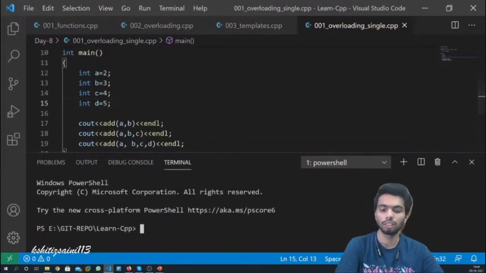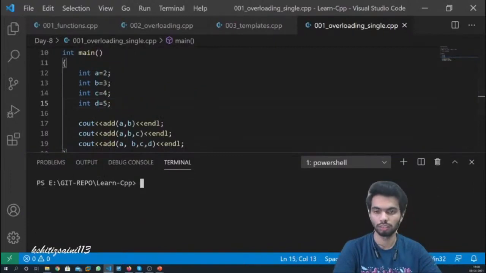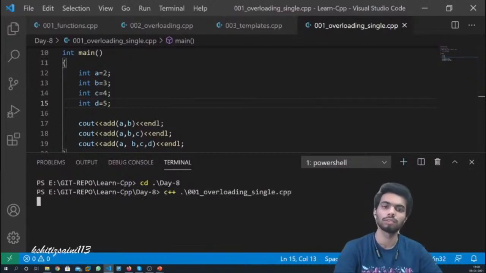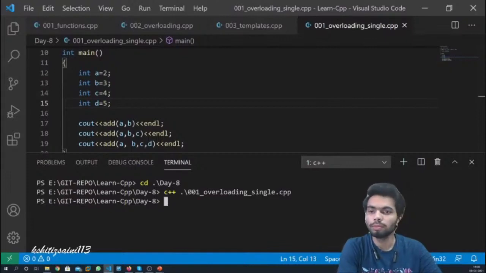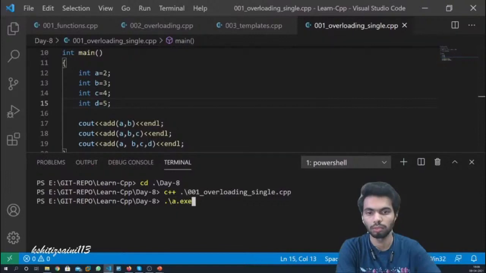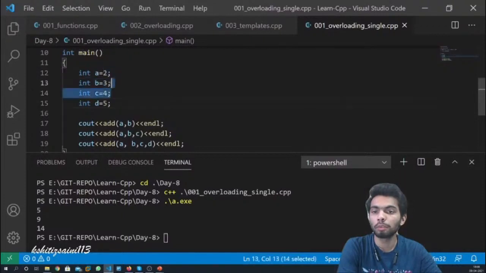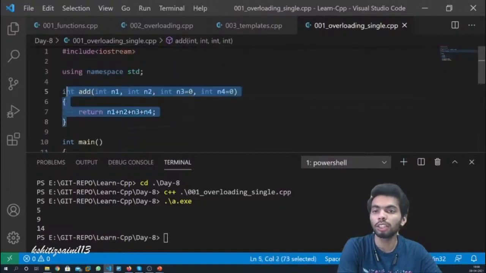So let us run our program and see कि आउटपुट क्या आ रहा है हमारा, क्या ये काम कर भी रहा है। देखो 5, 9 and 14 is output, 2 plus 3 is 5 and 5 plus 4 is 9 and 9 plus 5 is 14। तो हमारा आउटपुट बिल्कुल ठीक आ रहा है एंड वी हैव डिफाइंड ओनली सिंगल फंक्शन, और